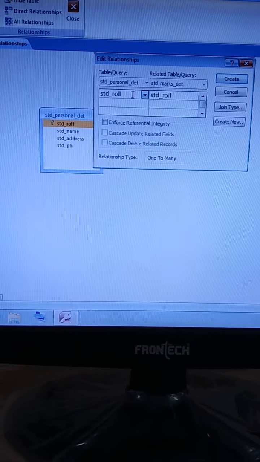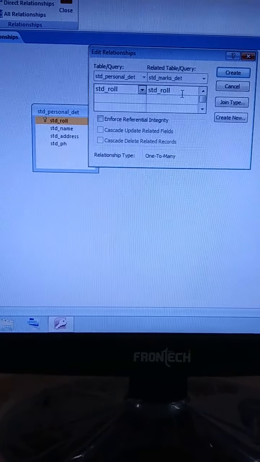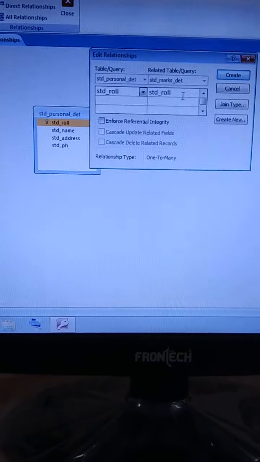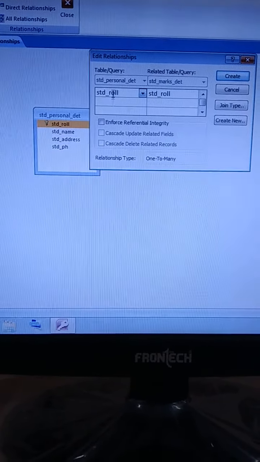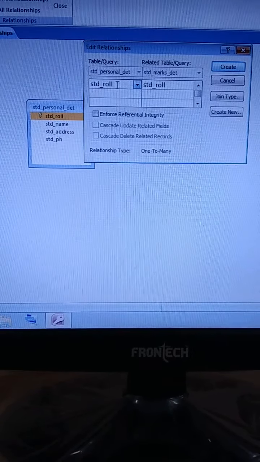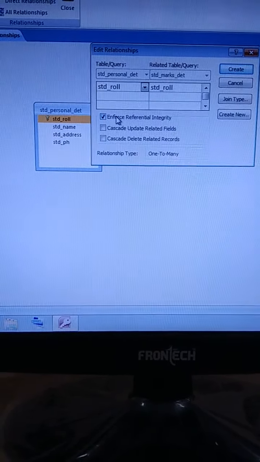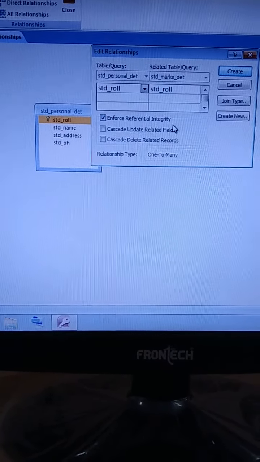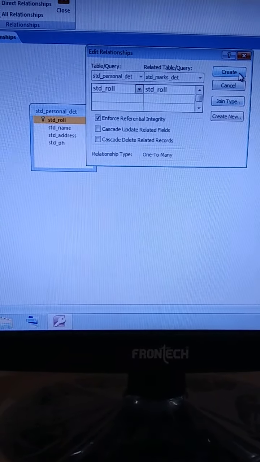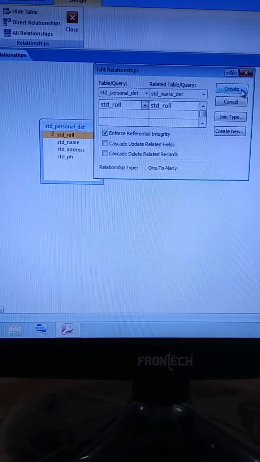That means by using these two fields, you are creating the relationship between the two tables, because this field is a primary key. Then just check this option, enforce referential integrity, and then click on the create button.